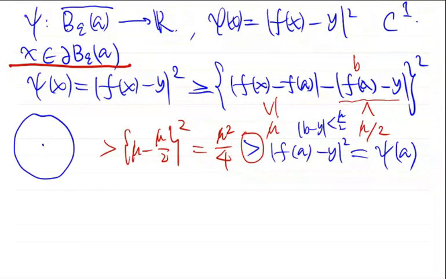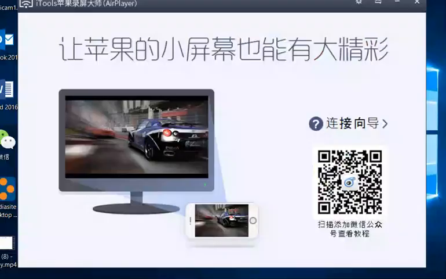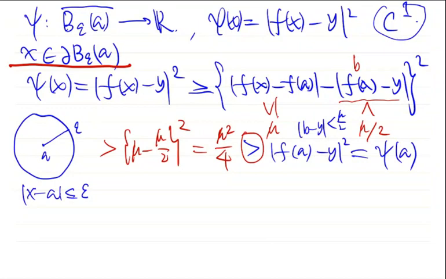This is the ball A epsilon, and the closed ball is a sequentially compact set, closed and bounded, sequentially compact. So our Psi is a C1 function. Of course, it's so